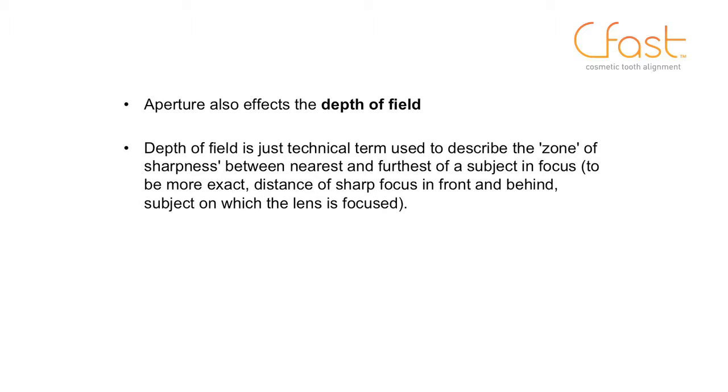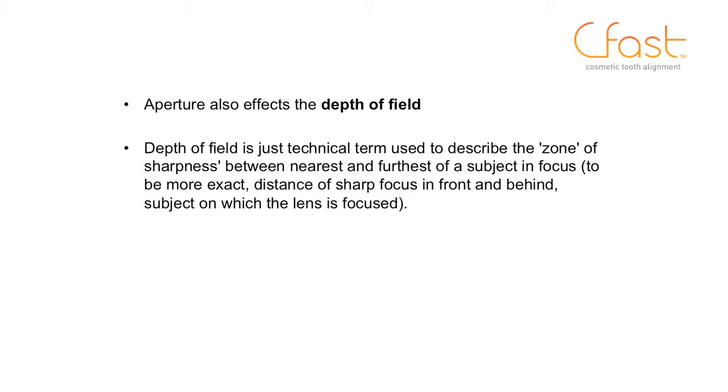So aperture affects the depth of field. With a low aperture, that's with a large amount of light coming into the lens, we will have a shallow depth of field. Whereas with a higher aperture number, that's a smaller amount of light, we'll have a bigger depth of field. What that essentially means is that the back of the mouth is in focus as well as the front of the mouth. So we can recall the depth of field as the zone of sharpness between the nearest and